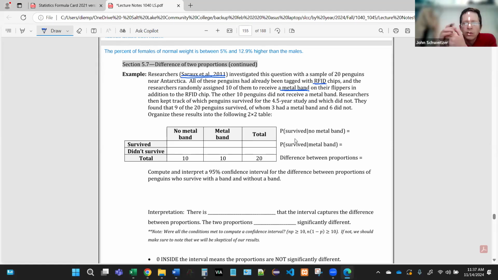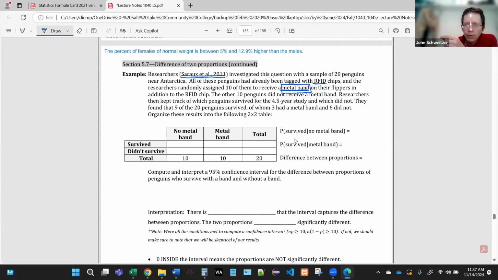Do we need to get rid of this old technology and just move on to the new technology, which is RFID chips? With an RFID chip, you can follow the penguin. You just insert that little chip into their body, and then you can follow it electronically. But I imagine for this sort of work, if you can still use metal bands, if they're not harming the penguin, it's still nice to have that as an option, right? So that's what they were trying to figure out. Should we get rid of these metal bands or not? So how would you figure something like that out?